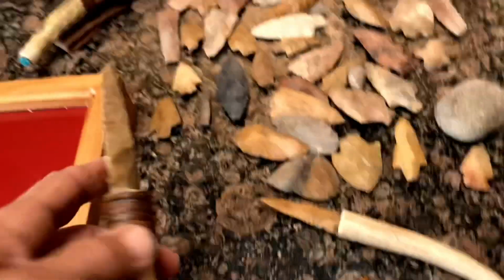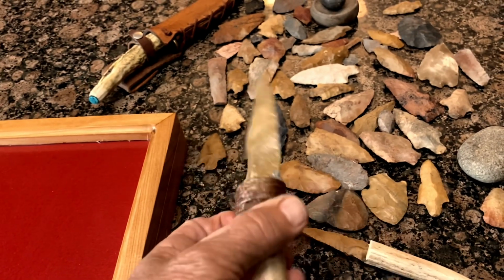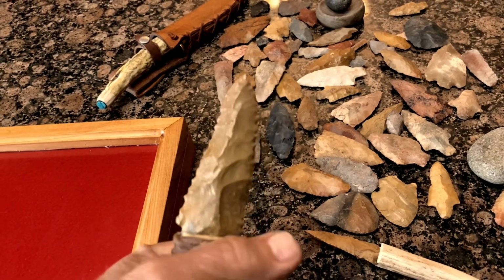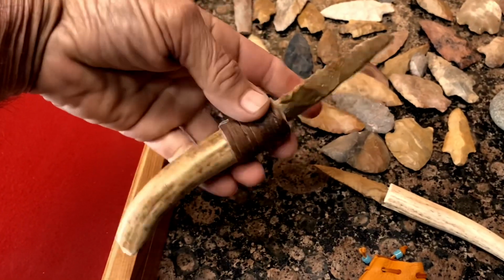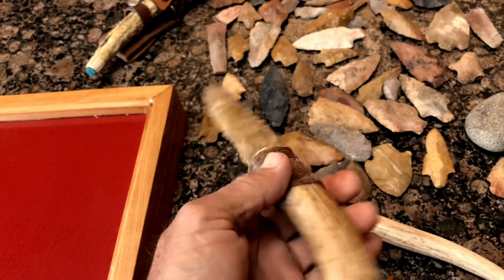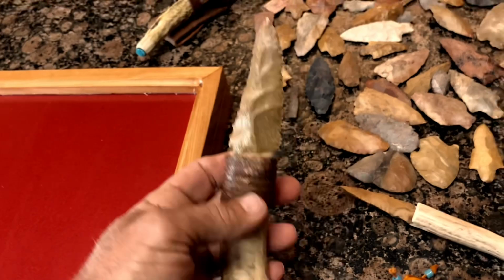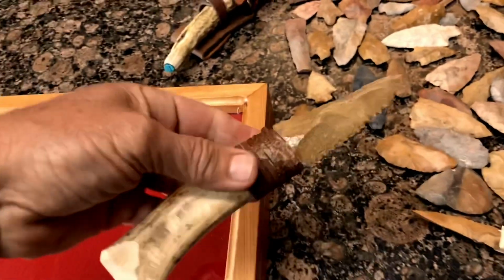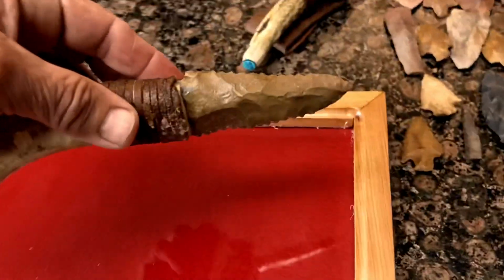This is pretty cool. This is a knife that I've been working on. I made it out of... it may have been a spear point. I think it's more like a knife. But I can tell you what, it is sharp. I put a little glaze on it and used the actual horn from an antler to make the knife complete. But it's pretty sturdy. Isn't that cool? Just kind of messing around. That was a big point I had found when I was younger. So anyway,